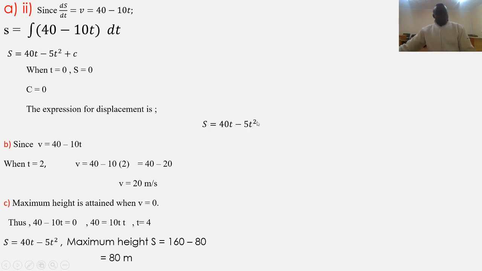At the point of projection, where you started to project, t was 0 and there was no displacement. It did not move. It was also 0. So you substitute, and find s equals 40t minus 5t squared. And part B,